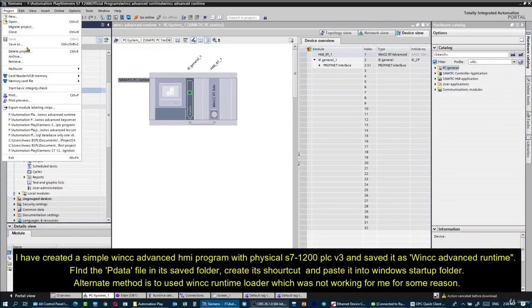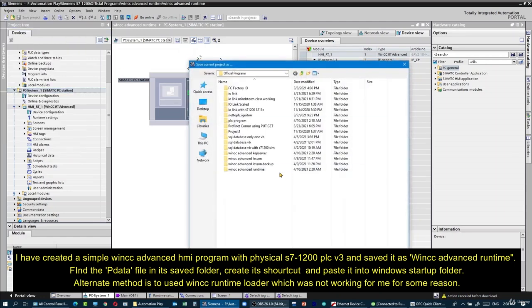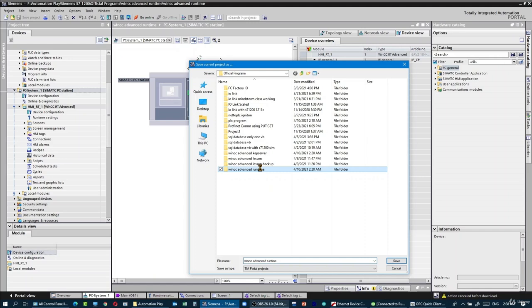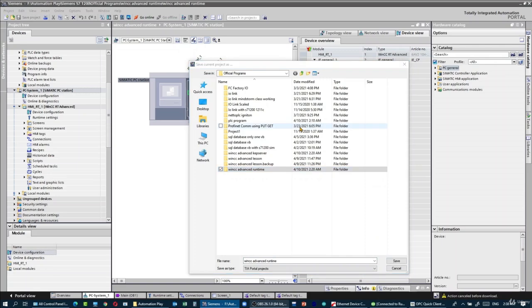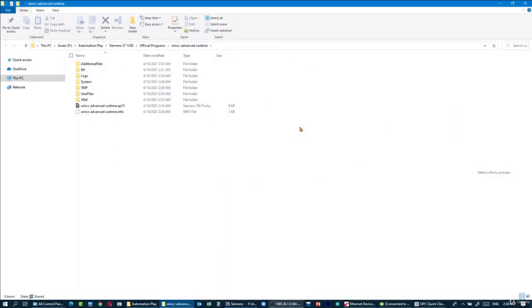Now what I have done is I have simply saved, we had earlier saved our WinCC Advanced Runtime program, right? It was saved with the name mentioned on the top, right? And now I'm going to open this folder because this folder has the runtime file. So if I open the WinCC Advanced Runtime folder that was saved earlier, I will open it in a new